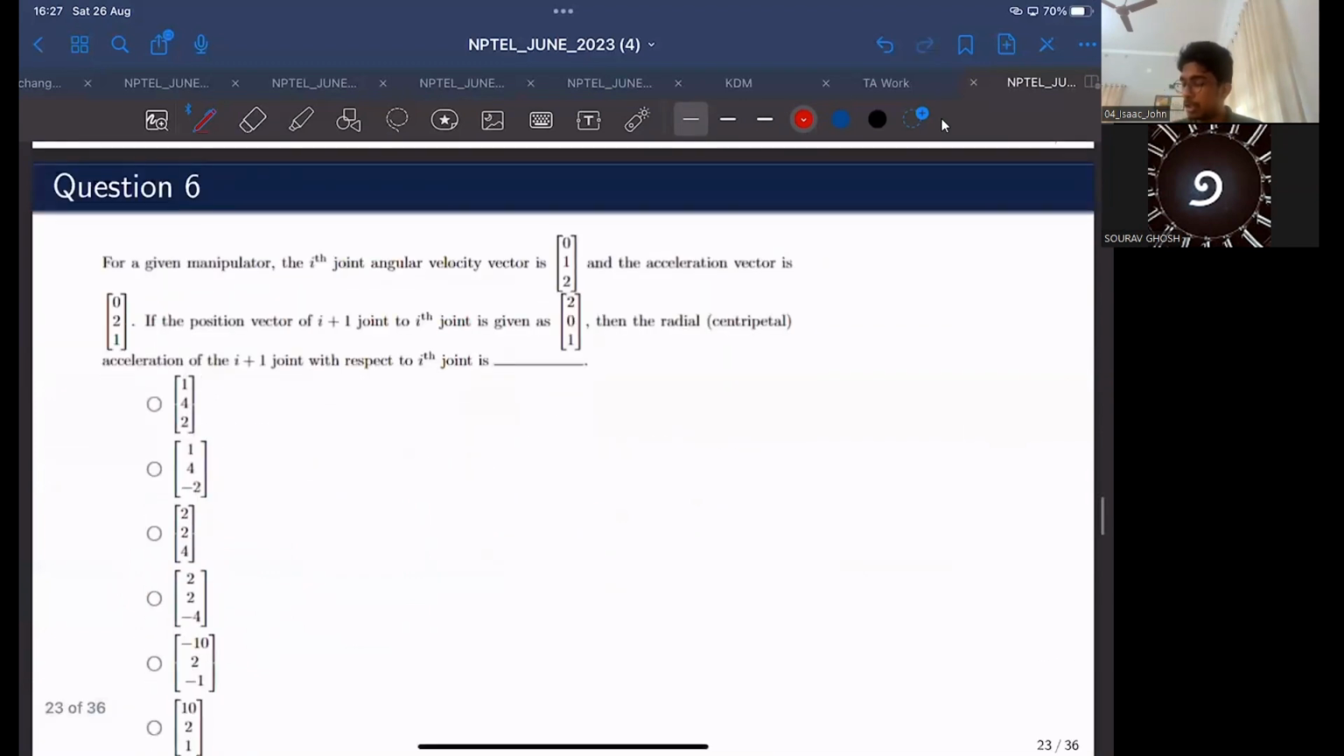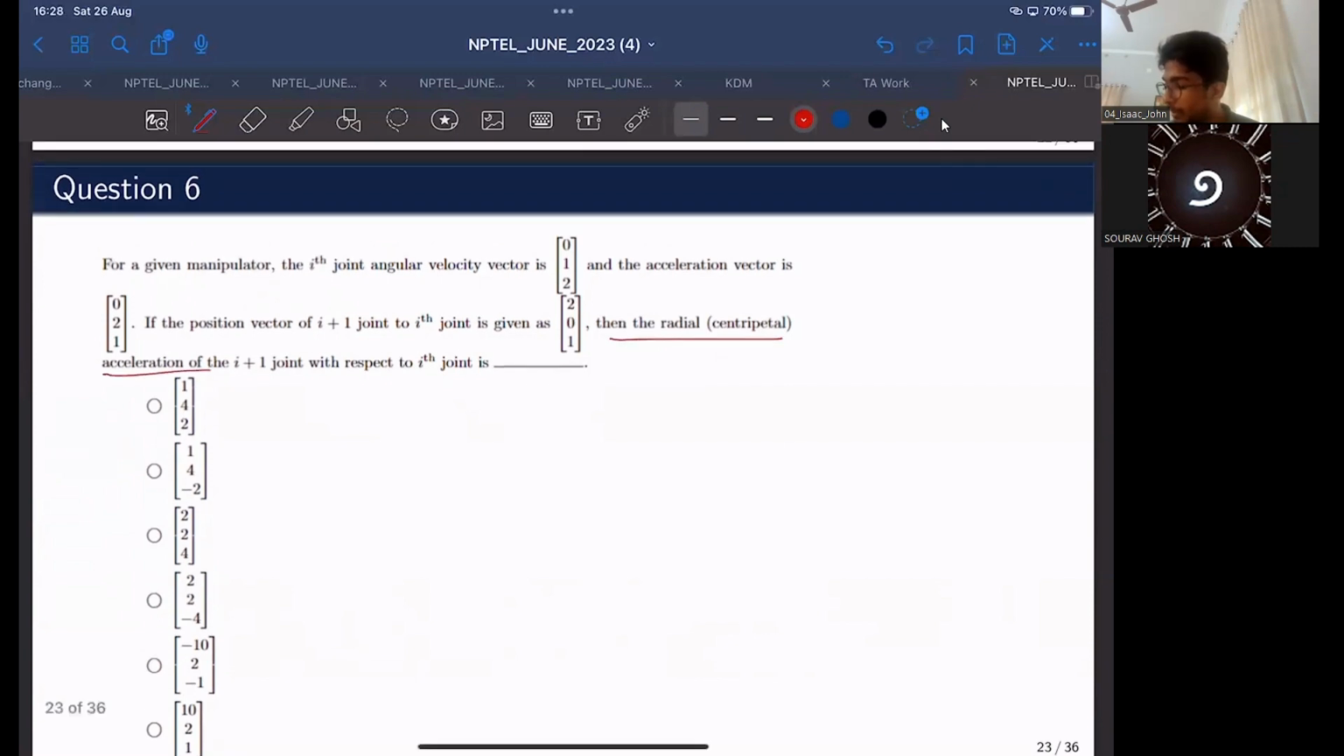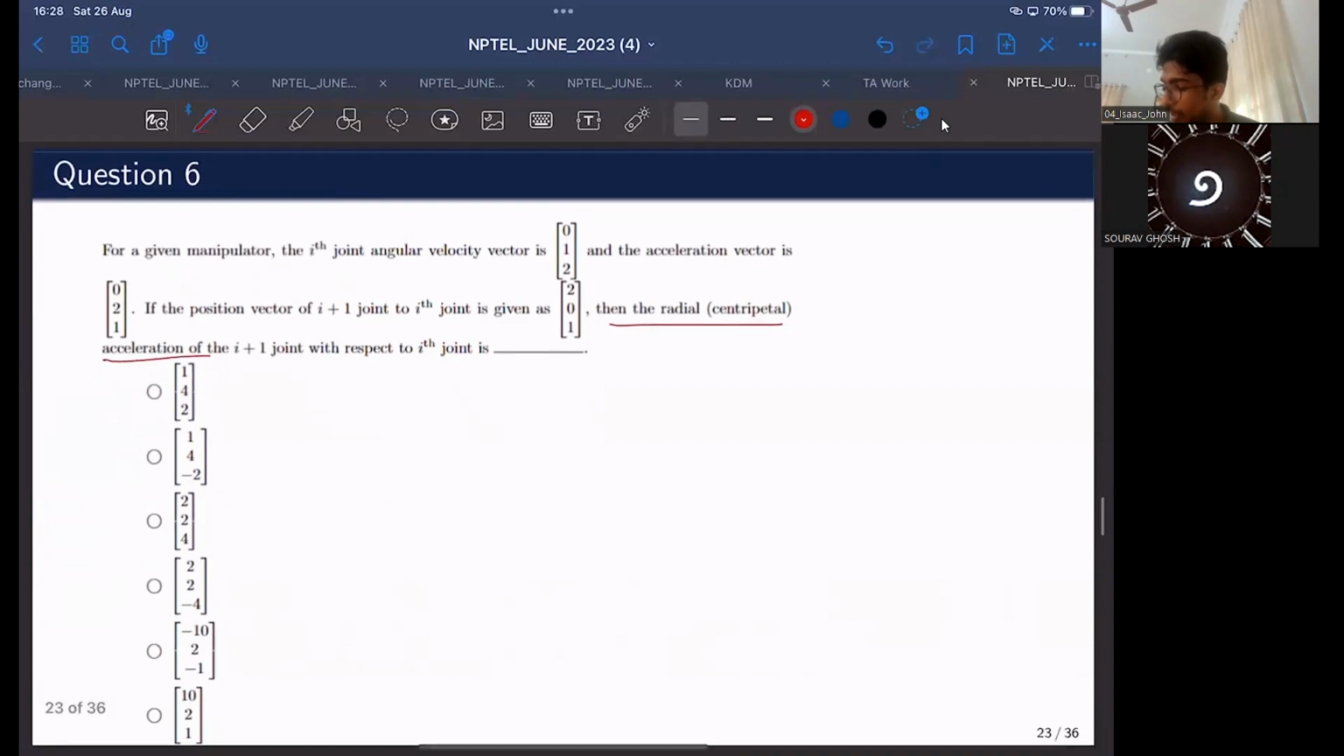Okay, so moving on. This is again a sub-question of the previous question. We already have all the terms. Now it's asking us the centripetal acceleration, the radial acceleration, instead of tangential. So again, we have the same terms. We have the angular velocity omega I as 0, 1, 2, and the position vector of the I plus 1 frame with respect to the ith frame is 2, 0, 1. And the centripetal, the radial acceleration, as you know, would be omega cross,